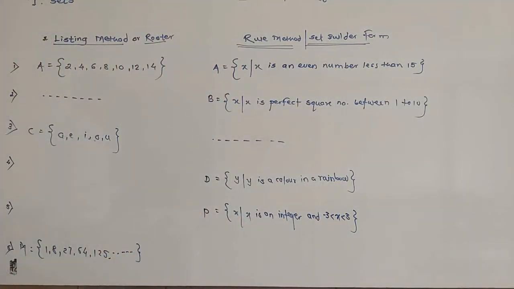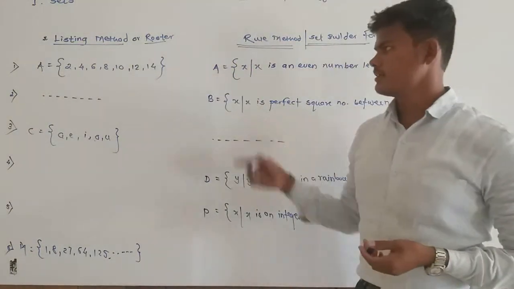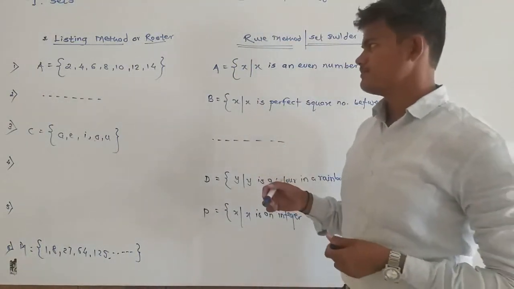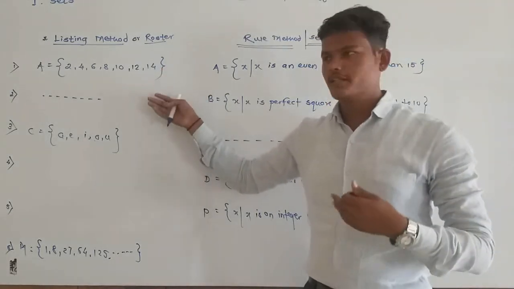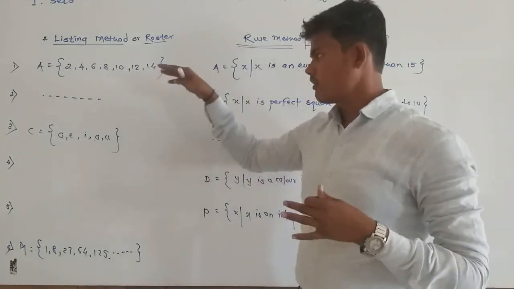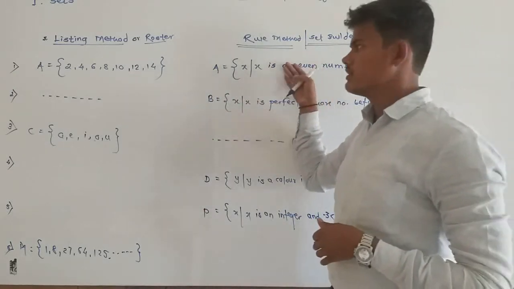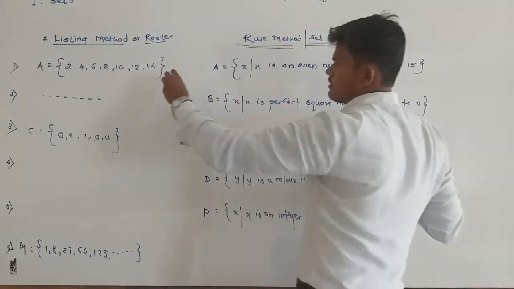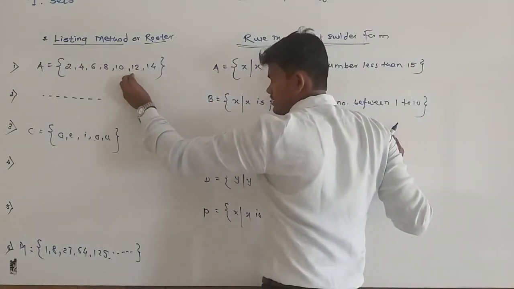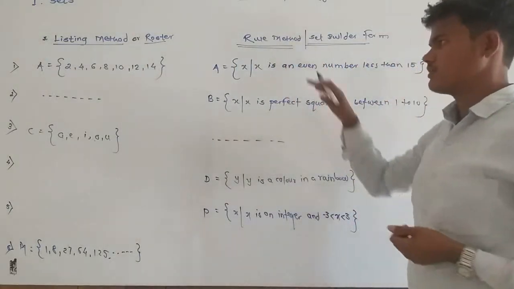So they are asking a question like, write the following set by using a listing method. For that they are giving a statement. त्यांनी एक आपल्याला स्टेटमेंट दिलं असतं आणि त्या स्टेटमेंट वरून आपल्याला लिस्टिंग मेथड लिहायची असते. Or sometimes they ask a question in rule method, or write a given set by using a listing method. And another way, कधी कधी ते लिस्टिंग मेथड मध्ये एक्झाम्पल देतात and write the given set by using a rule method असं आपल्याला क्वेश्चन विचारतात. ओके, आता फर्स्ट क्वेश्चन पहा.